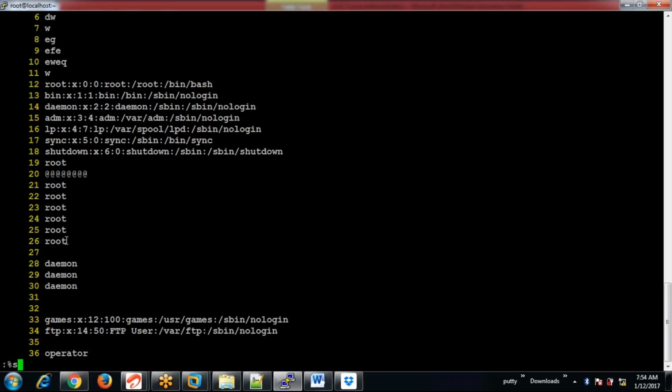Okay, I'm going to change the two words. So this is our syntax. First is to search, this is to replace, right? So here I'm going to use the two keywords, that is root and the daemon. Both of these words are going to be changed.